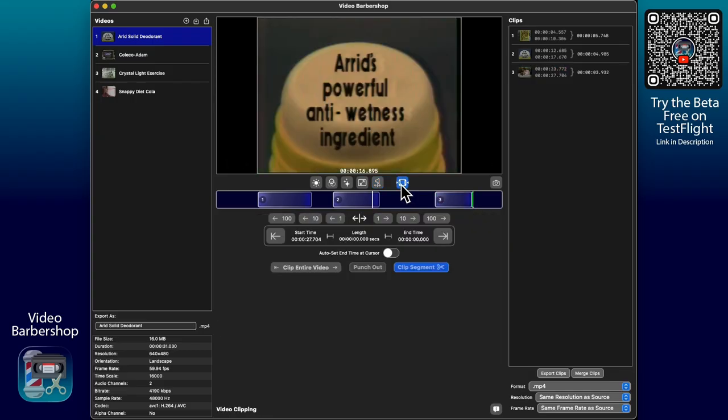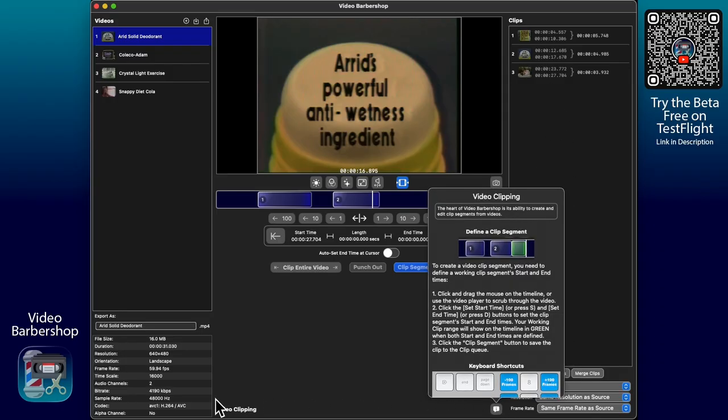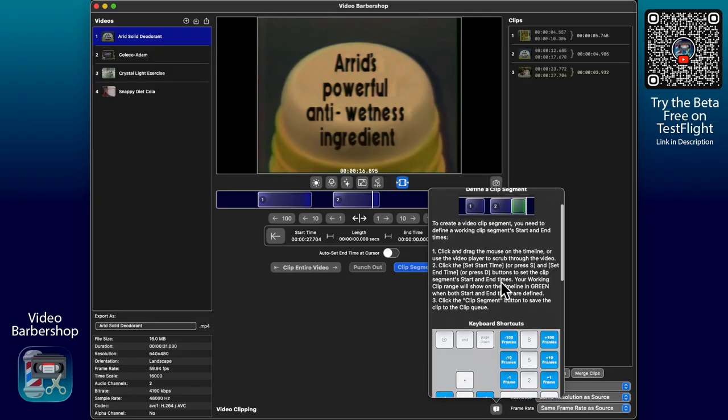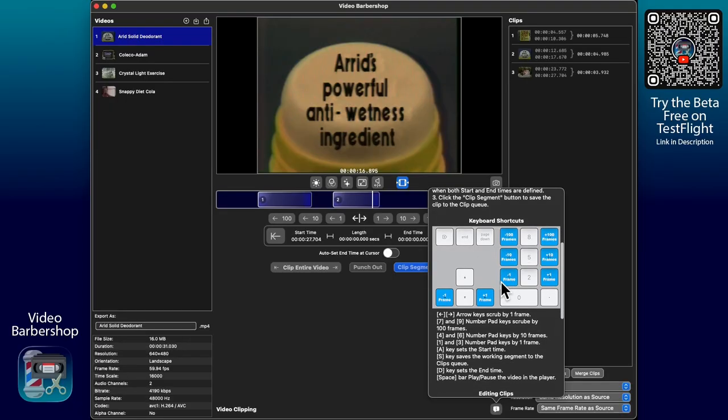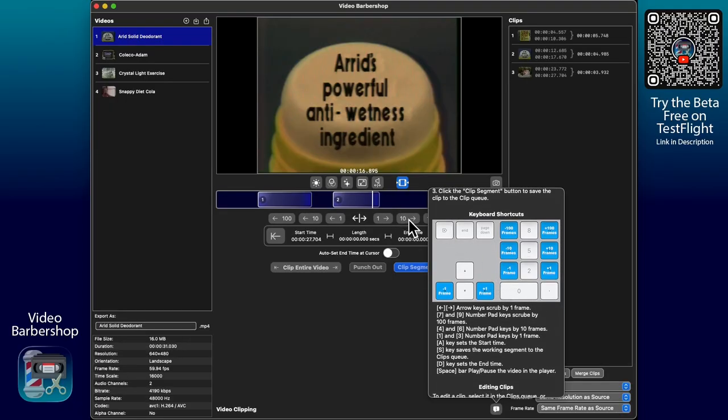I'll go into the in-depth detail of each one, but I just want you to see and understand the basics of this video queue clipping paradigm that I've got going on. And in each section, the other thing to be aware of is I've got a lot of helpful information in here, especially for clipping videos, the way I was clipping this so quickly with the keyboard shortcuts here,